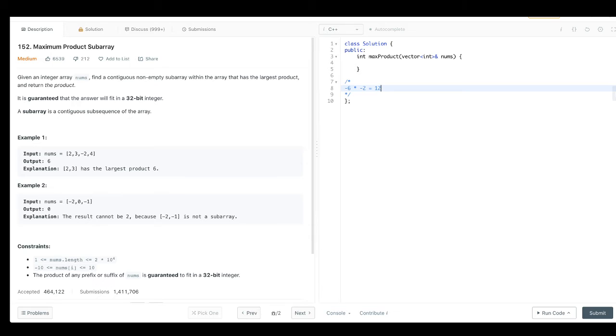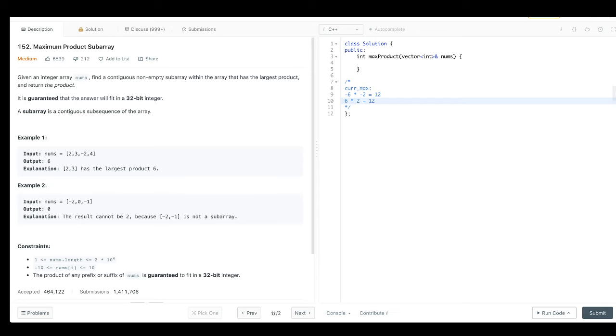So for finding the maximum product, or say the current maximum product that we can form from the array elements, we have three cases. We can multiply the minimum product formed till now into the current element. If the current element is negative, it might be a candidate for a maximum product answer. If the current product that we have formed till now is a positive number like 6, and our current element is also positive, then also this is a candidate to form a maximum product subarray.